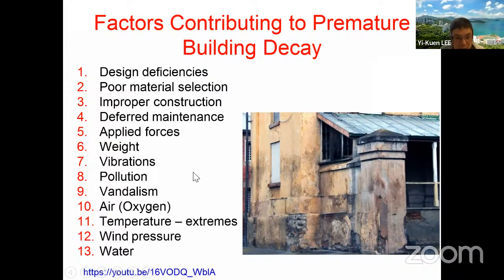Any idea why? What is the difference of the lifespan of the building in Hong Kong and mainland China and other places? One student mentioned maintenance. I would say it is one of the quite important reasons, because Hong Kong government has been following the UK's kind of system